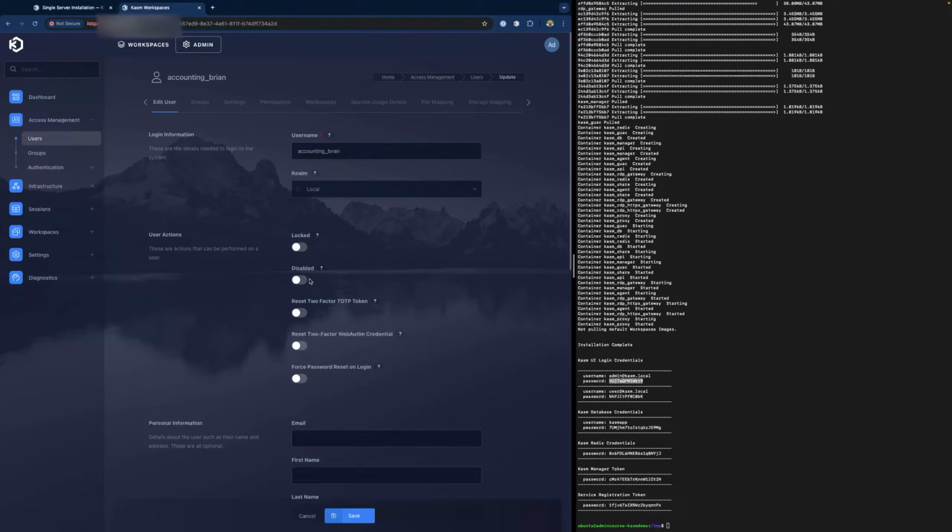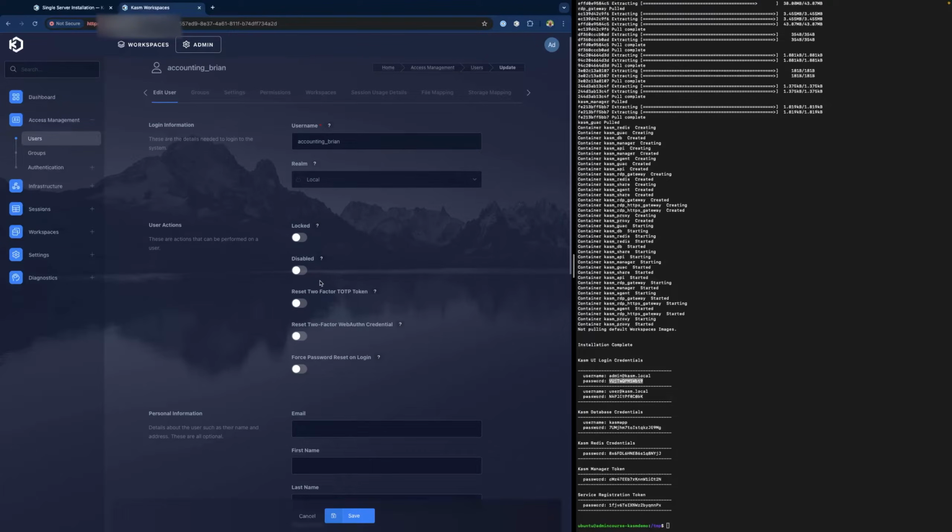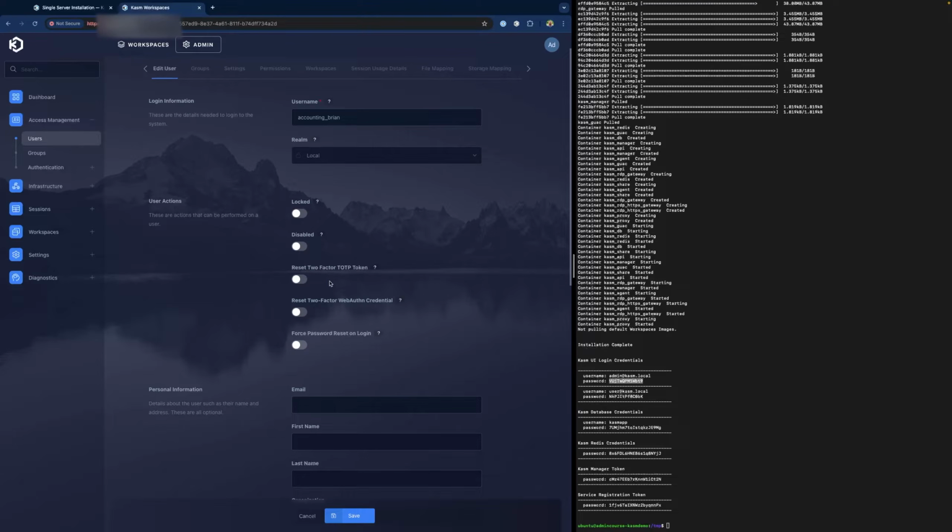Disabled, so the account is disabled, so the user can't log in or authenticate until re-enabled by the administrator. This typically comes in handy for any sort of standard sunsetting procedures you may have, when maybe users are leaving the organization. You don't necessarily delete them on the day that they exit, but maybe there's a grace period before deleting them, and so setting them to disabled, you have that capability.